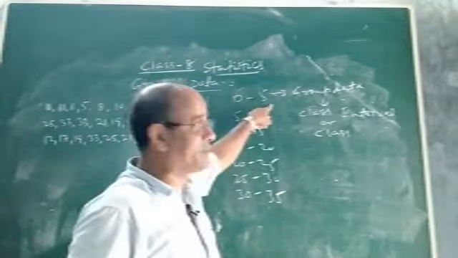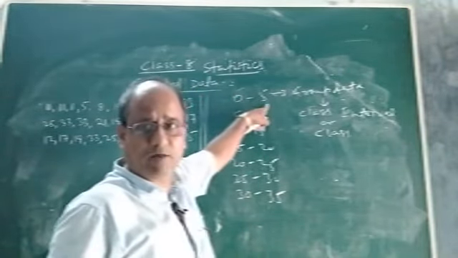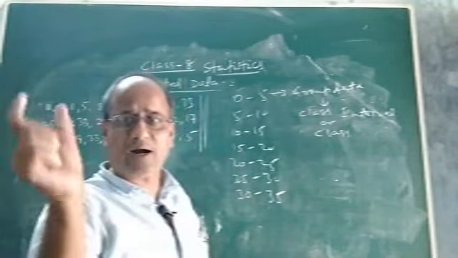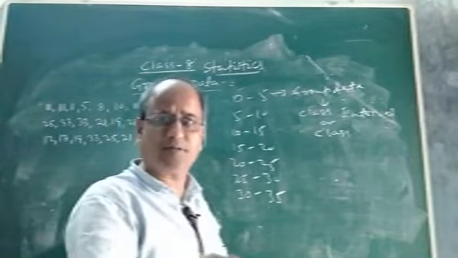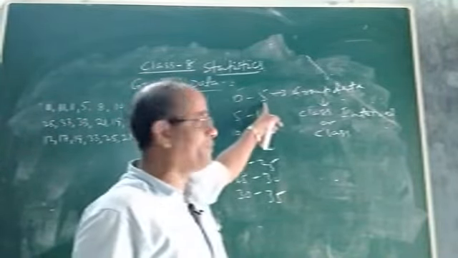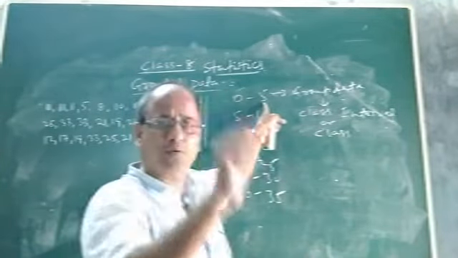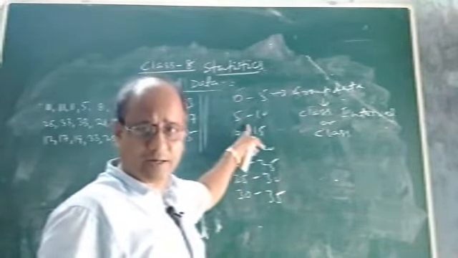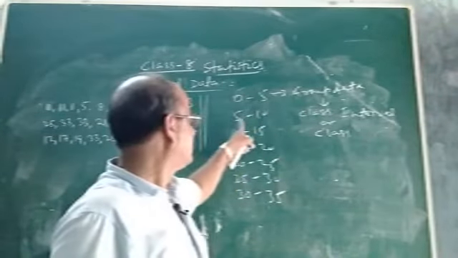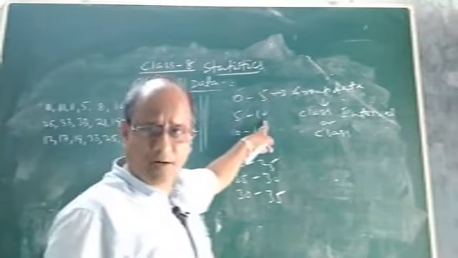This is one limit, this is another limit: this is the lower limit, this is the upper limit, and between the lower and upper limit some number of observations or data will be there. So 0 to 5 means what will be the observation? From 0 to 4 you will count 0, 1, 2, 3, 4. Because look at the second group data, second class interval, it is 5 to 10. So the lower limit is 5 and the upper limit is 10.